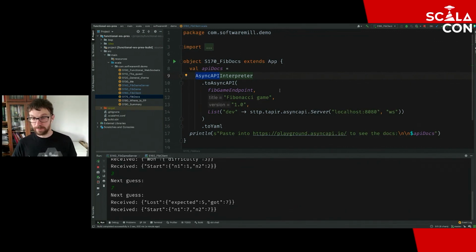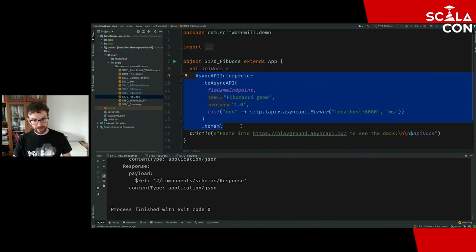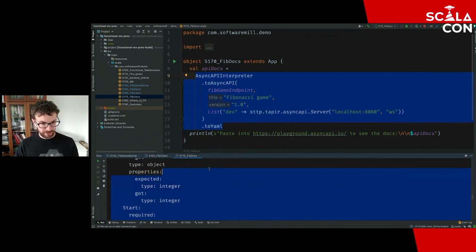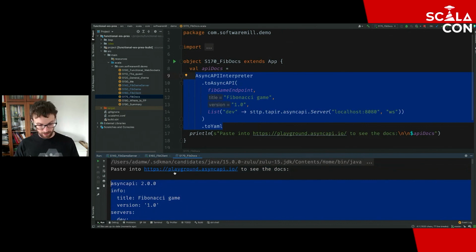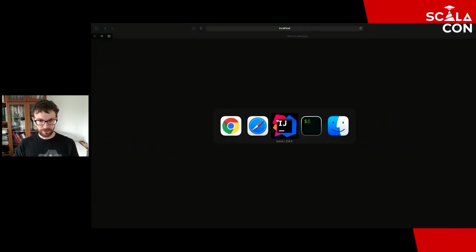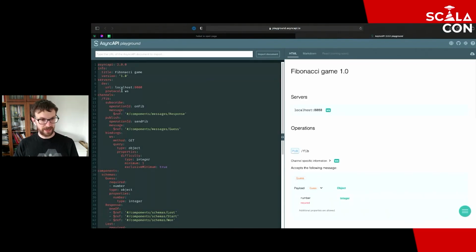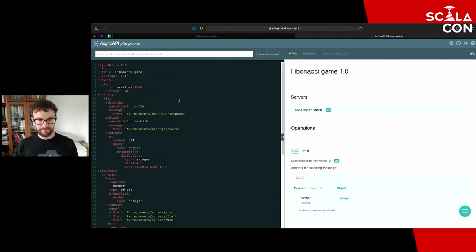So here we have a streaming API, and what we can do using this interpreter, this function, we can convert the description of the endpoint into YAML, which is the documentation. So what we can do is we can actually run this function. What we get back is a long YAML, which we can now copy, and we can open up the playground. But I need to click the link over here. So we can open the playground,